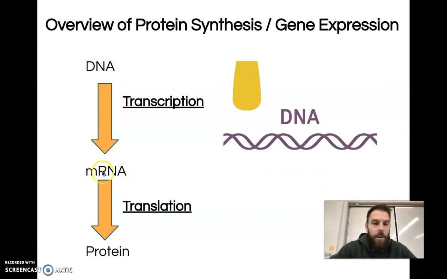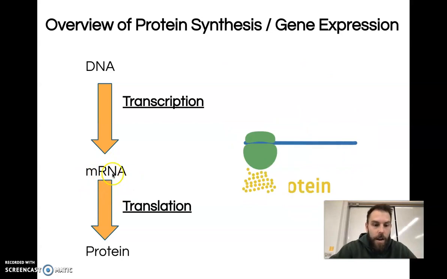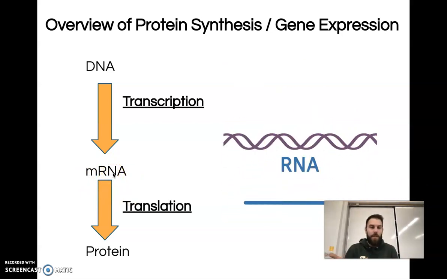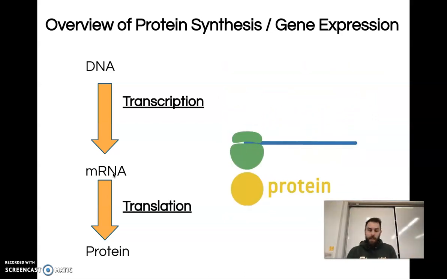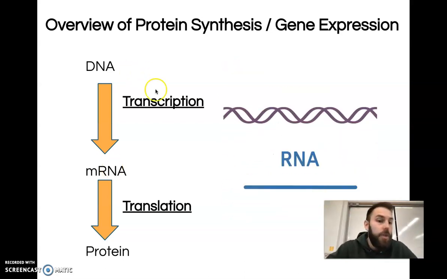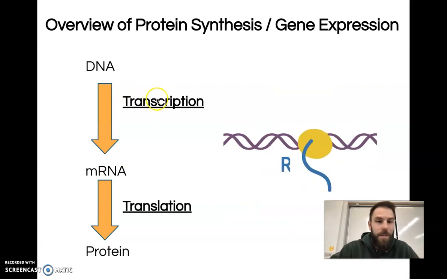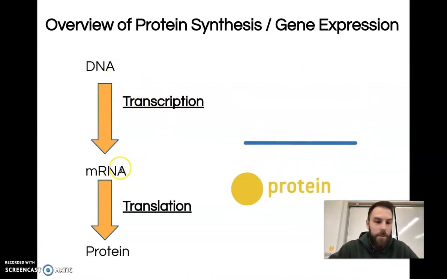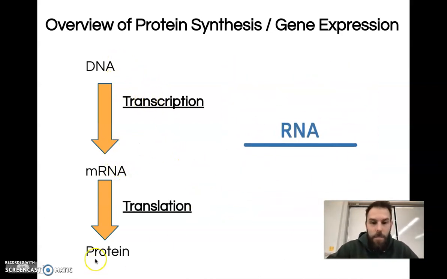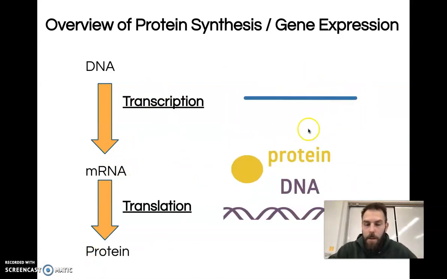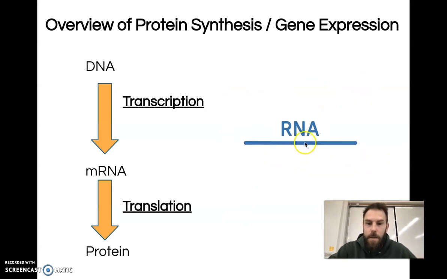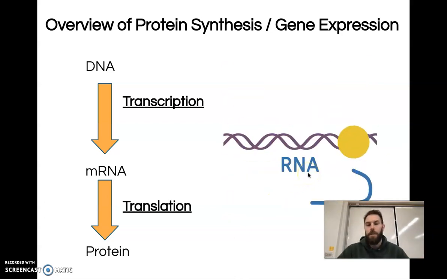Now, once that DNA code is copied on an RNA molecule, it goes on to the ribosome to make a protein, but you have this DNA code, and now it needs to be translated in order to make a protein. So the two steps of gene expression, protein synthesis, first is transcription, make an mRNA molecule, then translate that message to make a protein. And this GIF, however you pronounce it, shows how this goes down. So we're going to start off with DNA, transcribe to make RNA, translate it to make a protein. And that's really